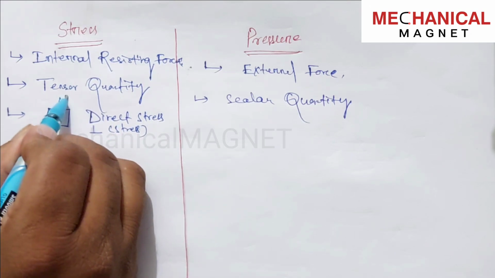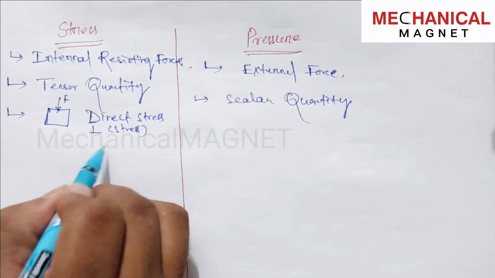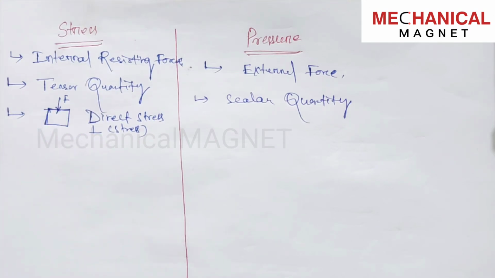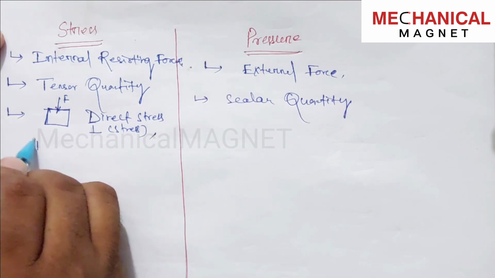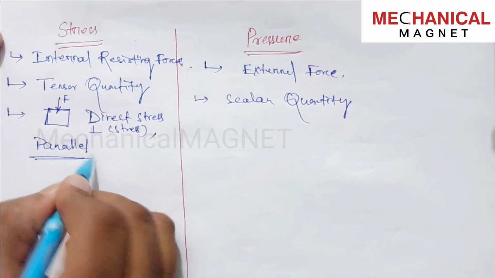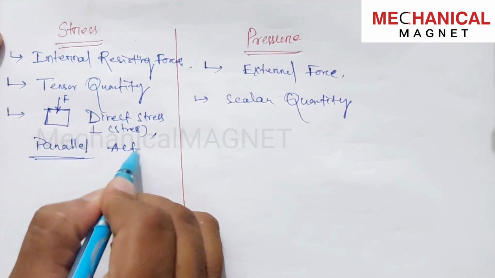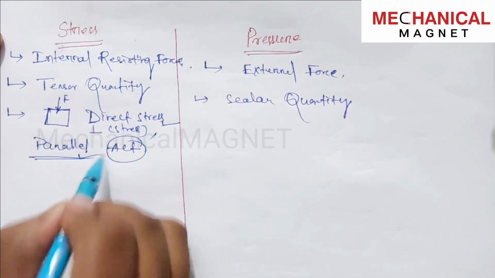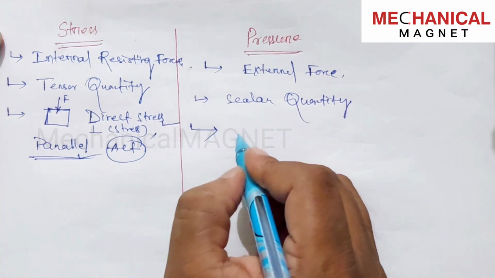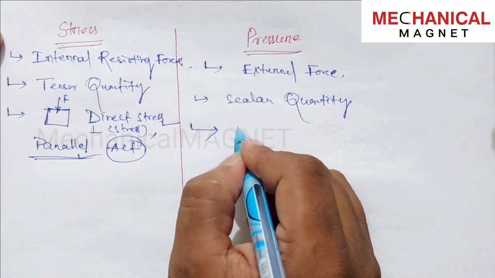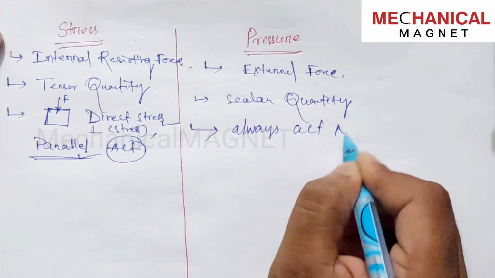The force F is applied on a body directly, or perpendicular to the body, or it can also be applied parallelly. Parallel force also, meaning the stress acts directly or parallelly. But pressure always acts normal